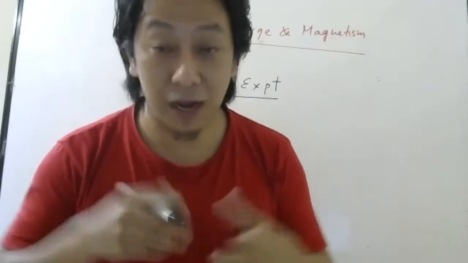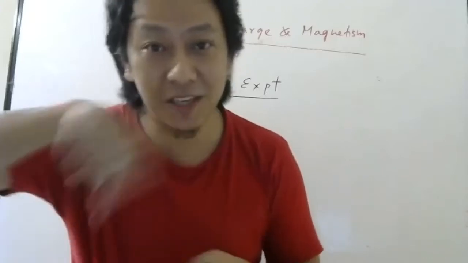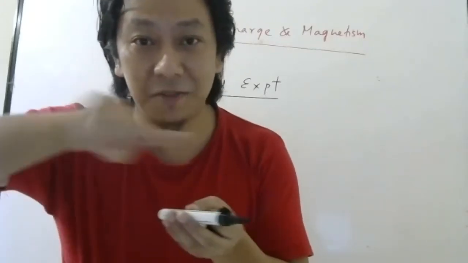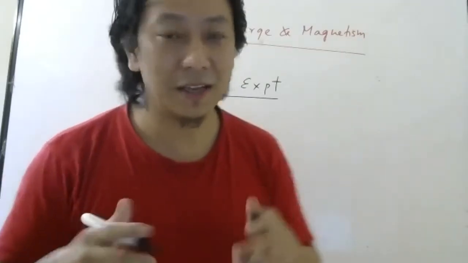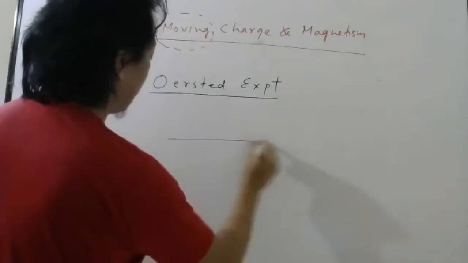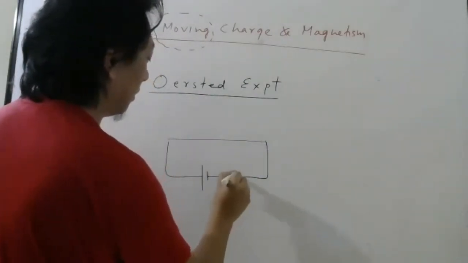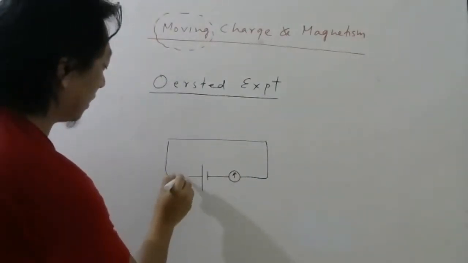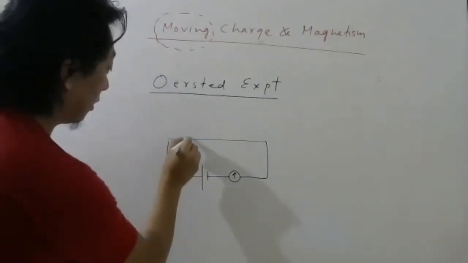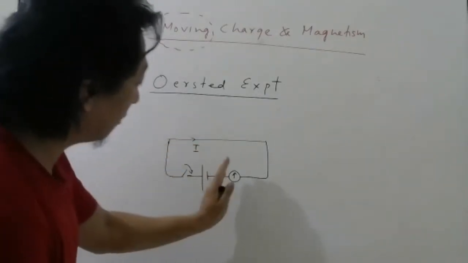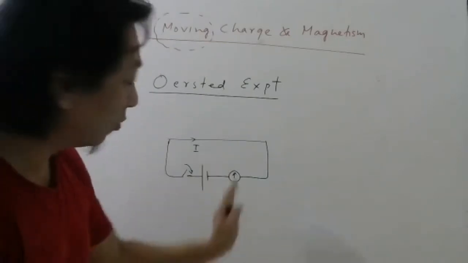So at that time, batteries and all were recently discovered. So everybody was excited to see current in the circuit and that deflection in the ammeter. So he took all the students and he made a circuit where there is a wire, there is a battery, and then he told them that when he will switch the key on, current will flow and the needle in the galvanometer or ammeter will deflect.